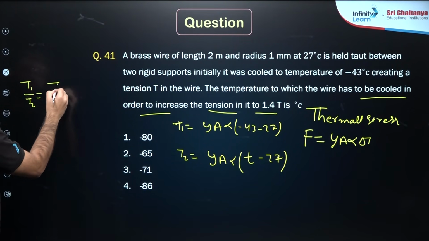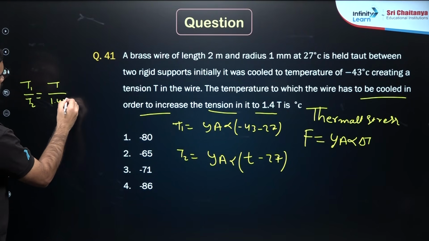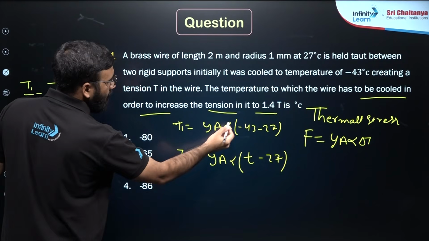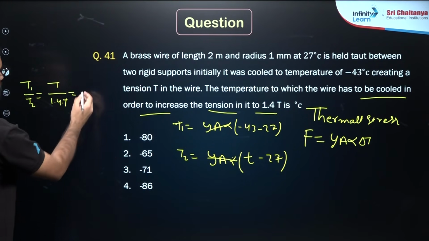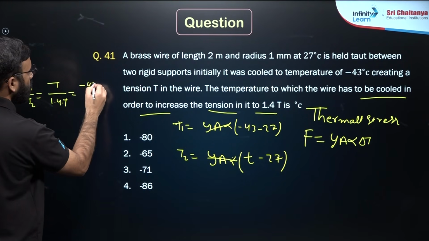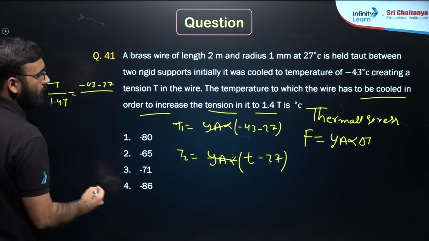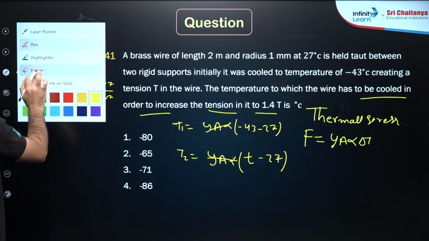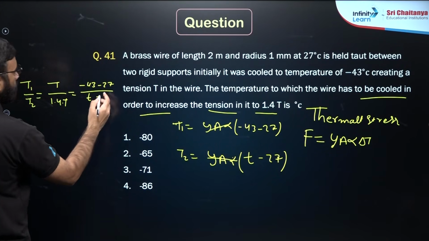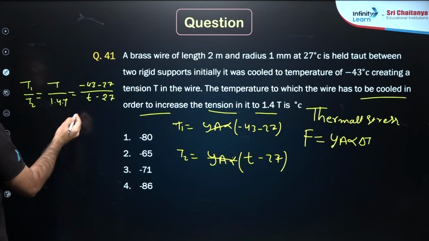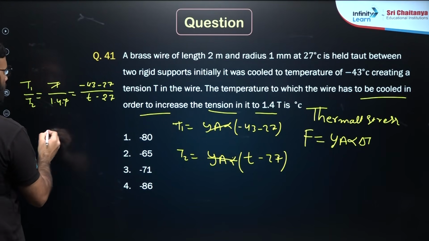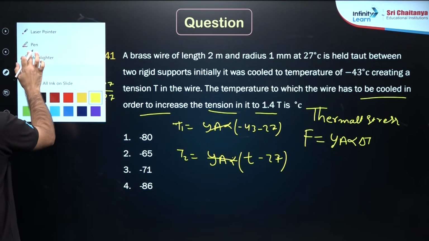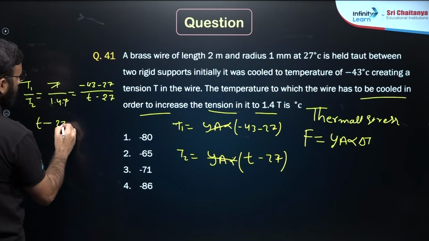T1 is T and T2 is 1.4 times T equals Y A alpha cancels out in both conditions. So I am directly writing minus 43 minus 27 divided by t minus 27. Okay, so T cancels out and t minus 27 equals